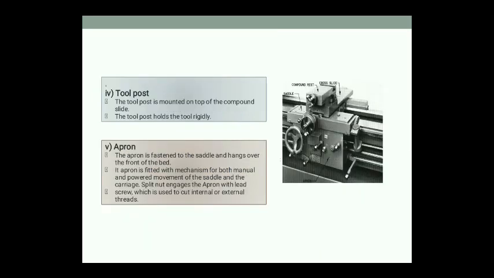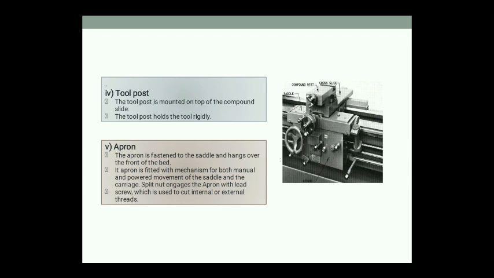Next is the tool post. It is responsible for holding the tool. You have a variety of tool posts, single tool post or four-way tool post. Simultaneously you can fix four tools at different places over this tool post, and you can rotate them one by one as and when they are required. There is a small arrangement with a nut and bolt. You can unclamp the tool post, rotate it to any angle, and again clamp it.